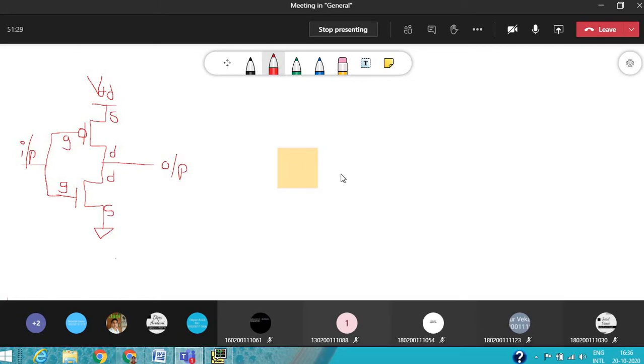And we know, friends, that the substrate material for the P MOSFET is an N-well.